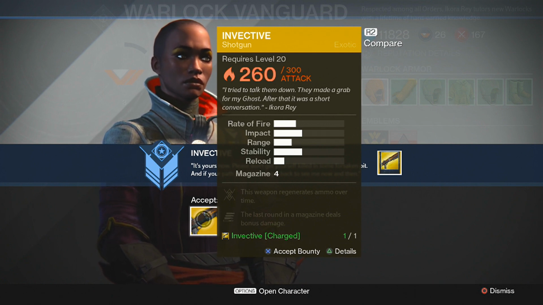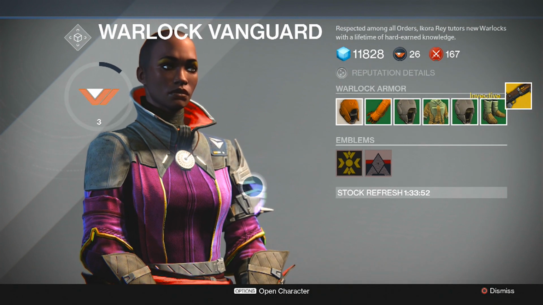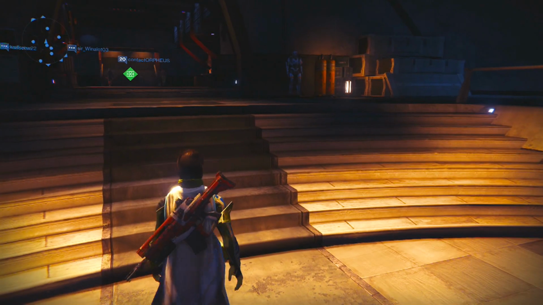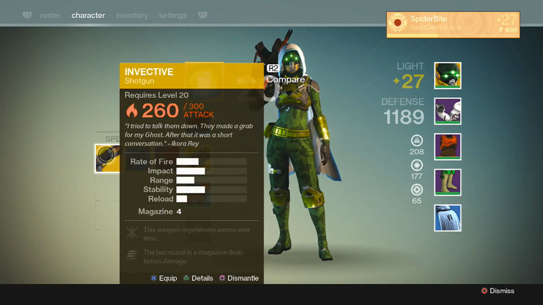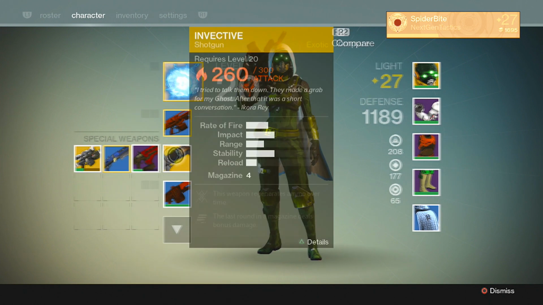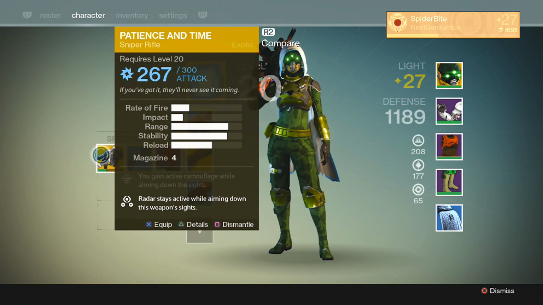Look at that. So it does solar damage. It's only got a 4 magazine. This weapon regenerates ammo over time. Yes! The last round in the magazine does bonus damage. Okay, how epic is that? Ammo regen on this thing. Oh, yeah. So now we have an exotic invective shotgun, and it is a secondary. I know there's a shotgun you get as a primary as well. So let's take a closer look at this thing. Definitely equip it. I still want to upgrade my sniper rifle first, but...